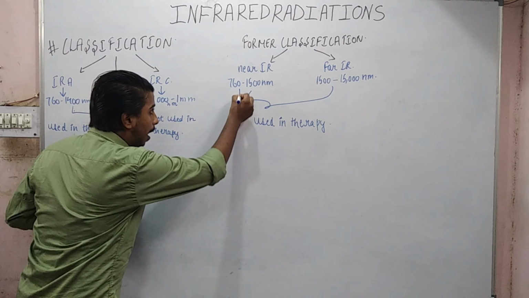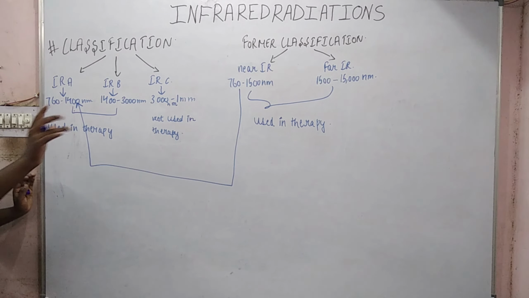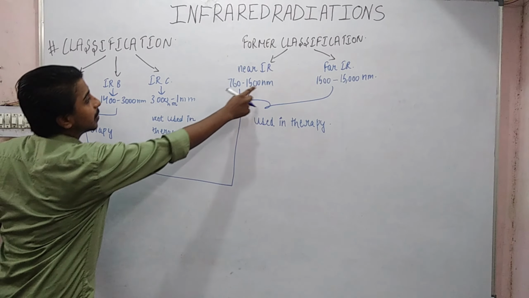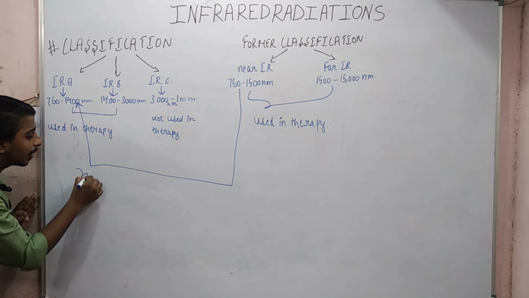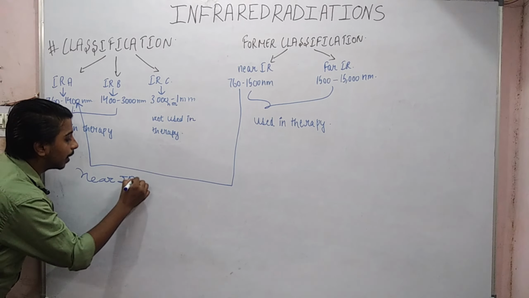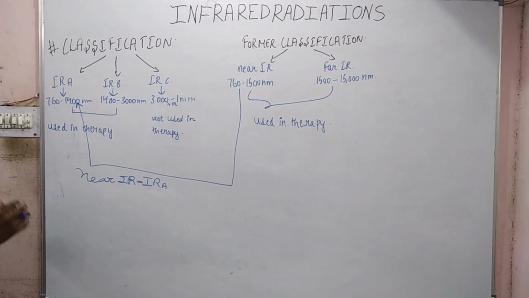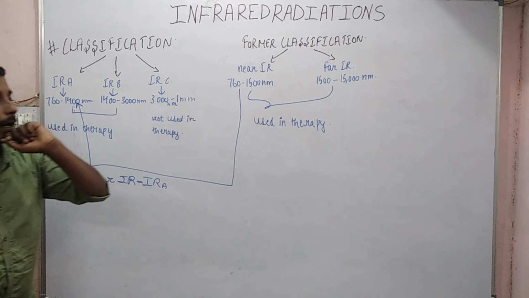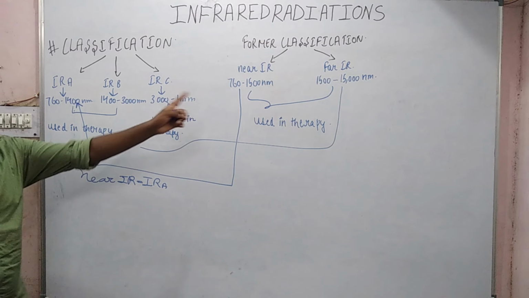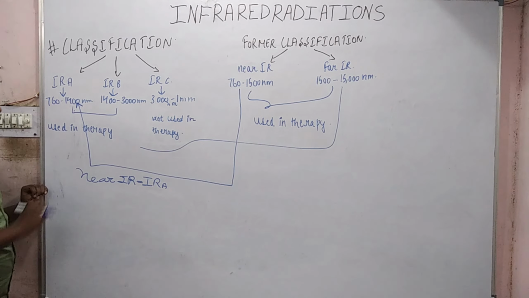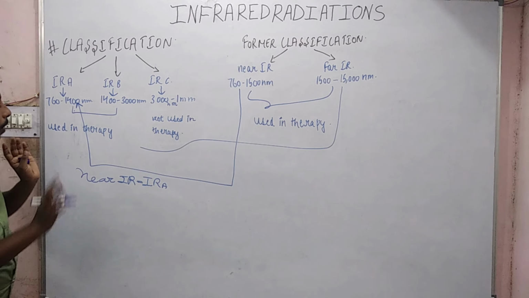Now, you understand that near IR is 760 to 1500, and IR A is 760 to 1400, so nearly they are the same. So I can write that near IR is nearly equal to IR A. But far IR now, 1500 is starting, this is 1400 starting, and ending at 15,000, this is ending at 3000, which means